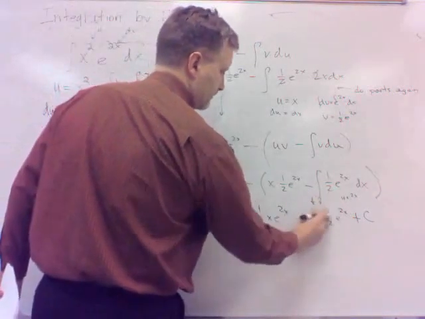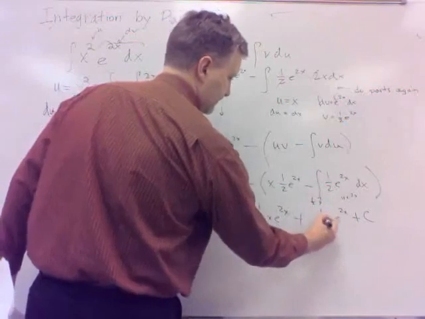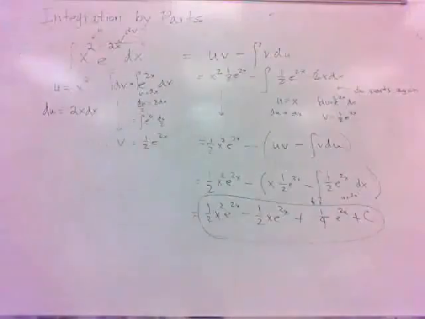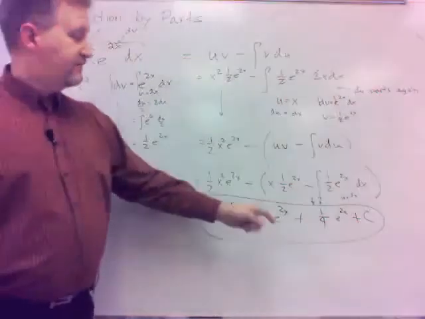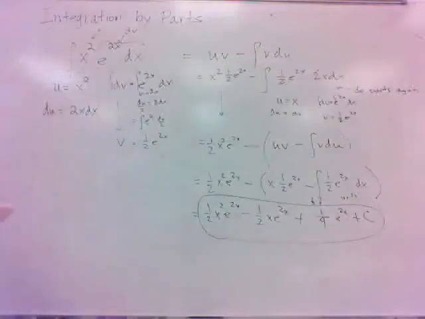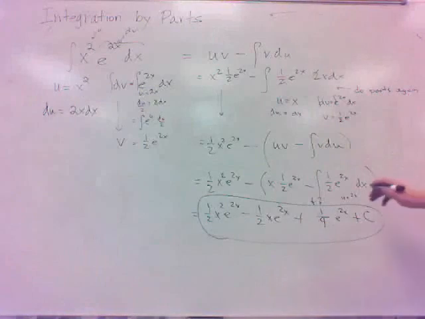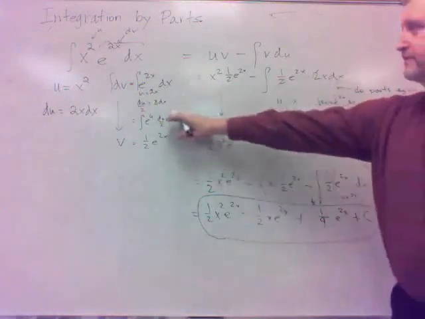One-fourth? This will be 1/4. I don't want to write that all again, so I'm just going to say it's 1/4. So the answer is 1/2 x squared e to the 2x minus 1/2 x e to the 2x plus 1/4 e to the 2x plus c. Questions or concerns? Okay. Do this one again? Okay. Well, it's a lot like this one, except it's the very same